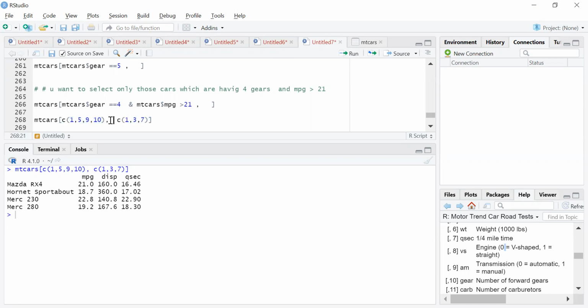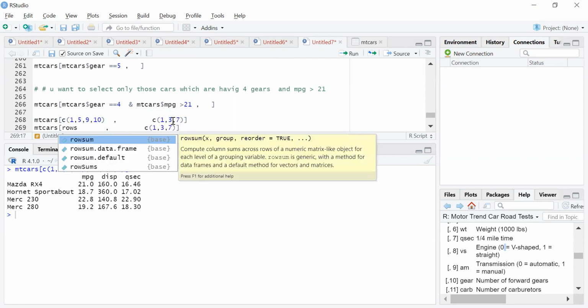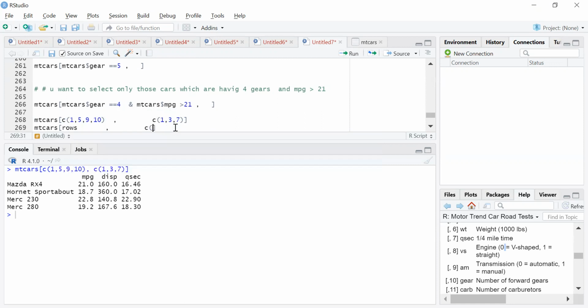See, so basically, ये देखो, if I copy this thing, put it over here, remove this thing, and if I say rows, and if I select this thing, and if I say columns. Okay, so if you want to select first row, fifth row, ninth row, 10th row,